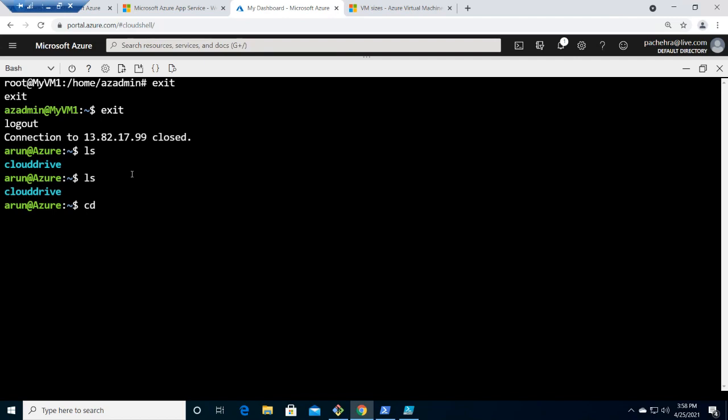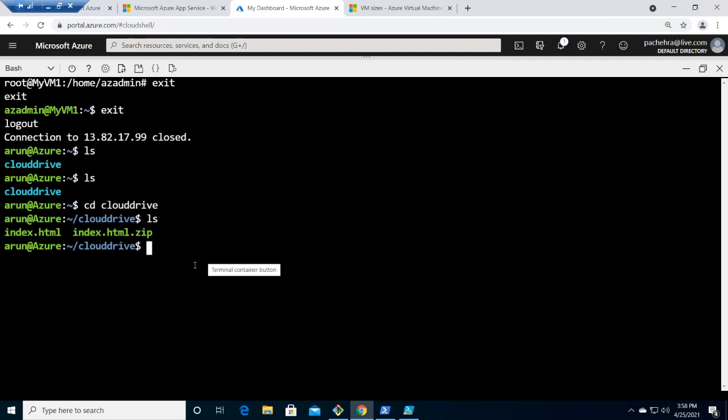Let me go to Cloud Drive. I have this zip file. This is nothing, just a simple index HTML page. I put it in the zip. There is a way that you can deploy this page to your app services, right? So let me use this if this will help.